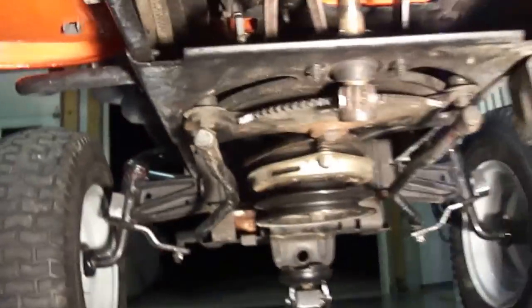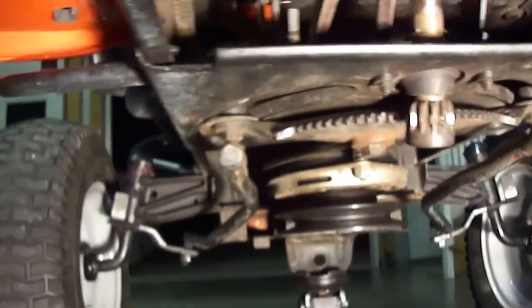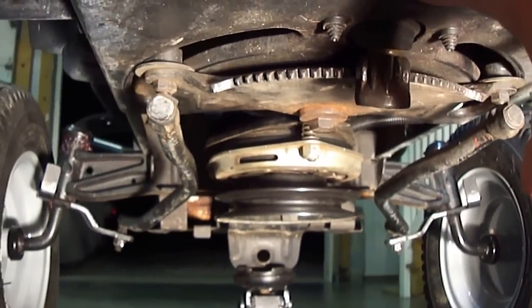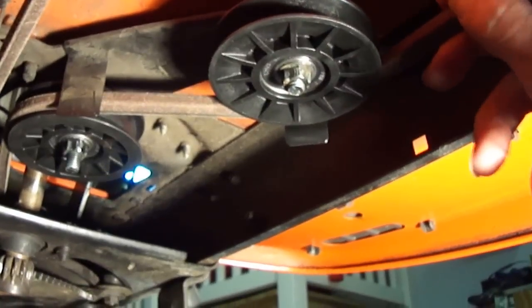As you can see here, I'm gonna slide up. The belt feeds straight up to the PTO, and when it comes back around, you see here, there's your steering shaft. The belt will be on the left side. Here's your flat style pulley. Here's your V-style pulley. Hopefully I'm getting some good shots so you can see